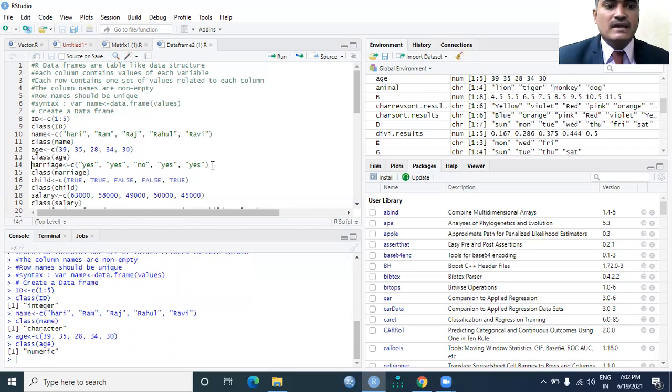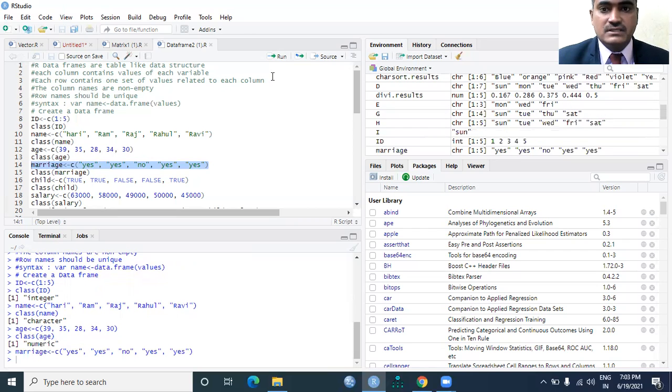And I want to know the marital status of the respondents. That's the reason why I would like to create one more variable by the name of marriage. With the left assignment operator, I would like to create a vector which includes yes if the candidate is married, no if the candidate is not married.